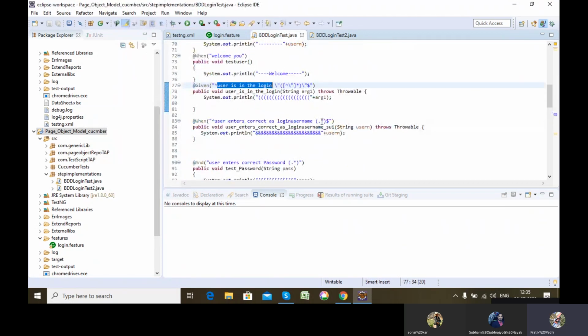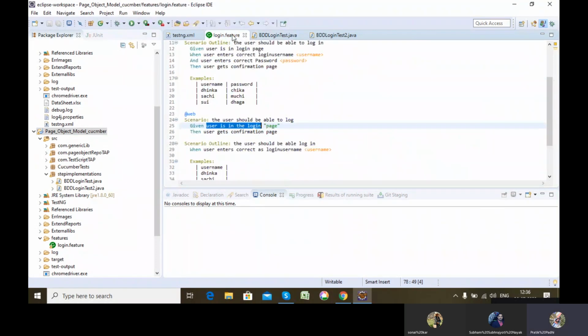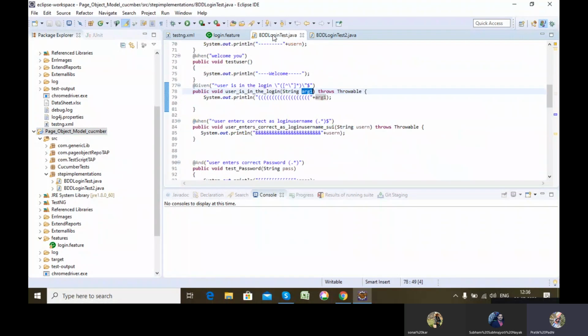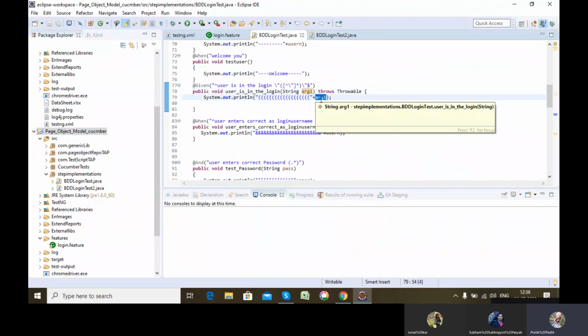This will be generic for any type, but this will be for the string type which we are passing. You can store it in a value because it is coming as a parameter from the feature file. Page will be coming in this arg1, so you can use it here. Once you print, you will see page printed.